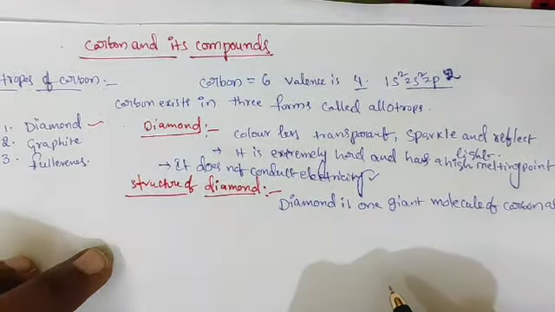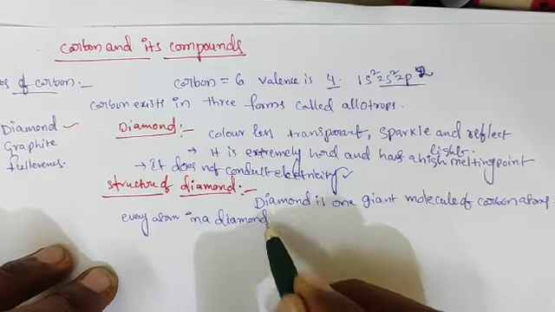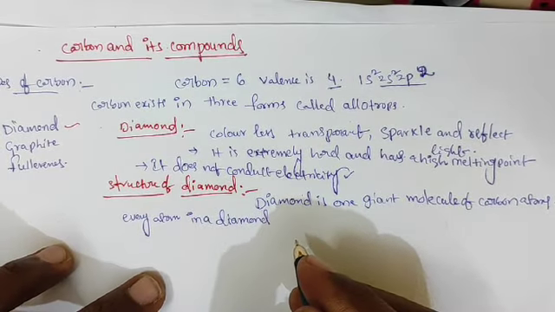One carbon atom is joined to another atom, and every atom in a diamond